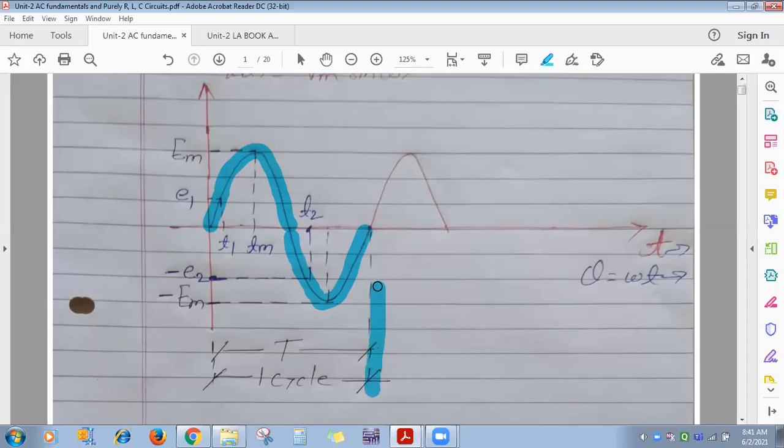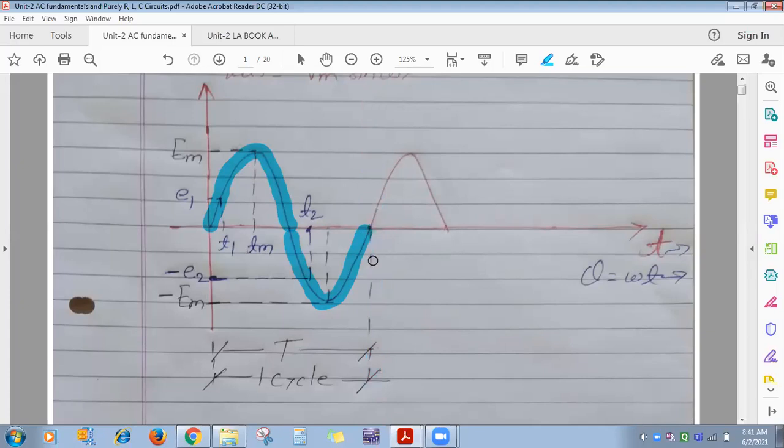So if we take the average value over one cycle, how much will it be? The average of all instantaneous values. What is the average? Zero. Yes, it will be 0. What is the average value? It's the average of all instantaneous values. And if we take the average value of a purely sinusoidal AC voltage or AC current over one cycle, then it will be 0, because in the positive half cycle all values are positive, in the negative half cycle all values are negative, and this waveform is symmetric about the x-axis, isn't it? So it will be 0.